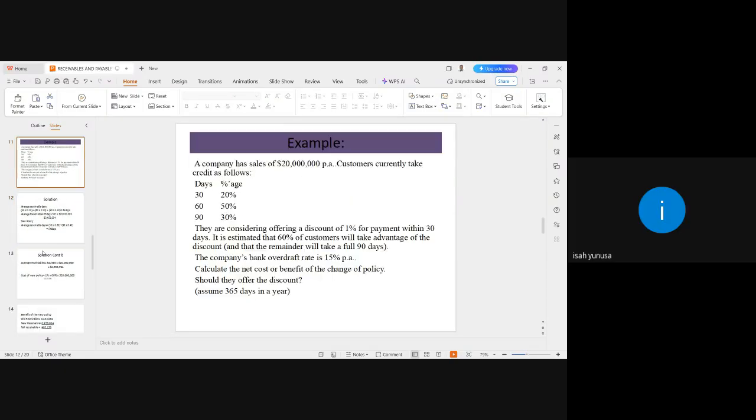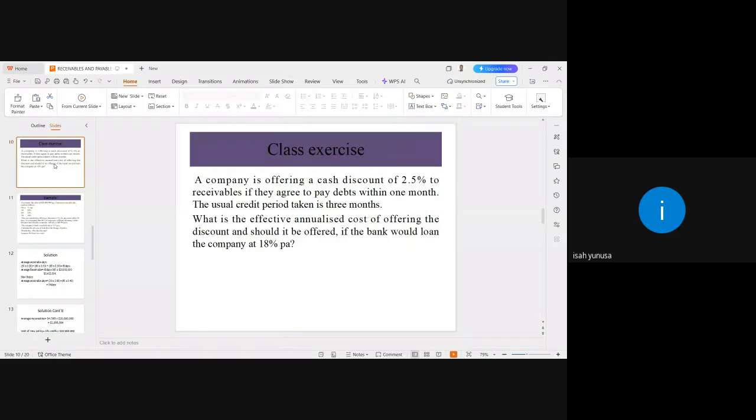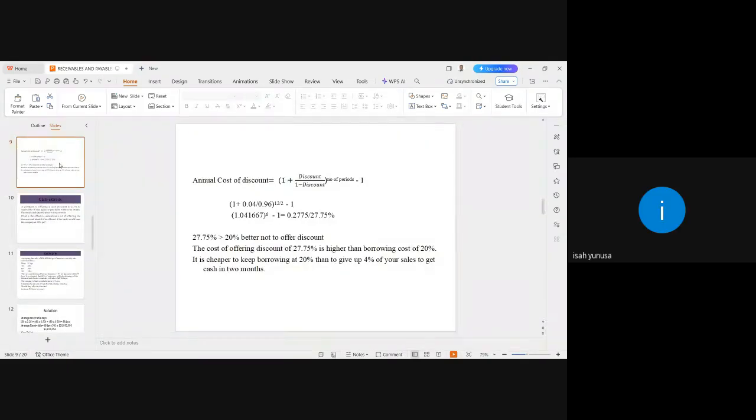I was reasoning towards the question that she asked, because 3 times 4 is 12, sir. That means we calculate 3 months in a year. That's 4 times to give us 12 months. Now we are saving 1 month per each 3 months. Sorry, we are saving 2 months per each 3 months.